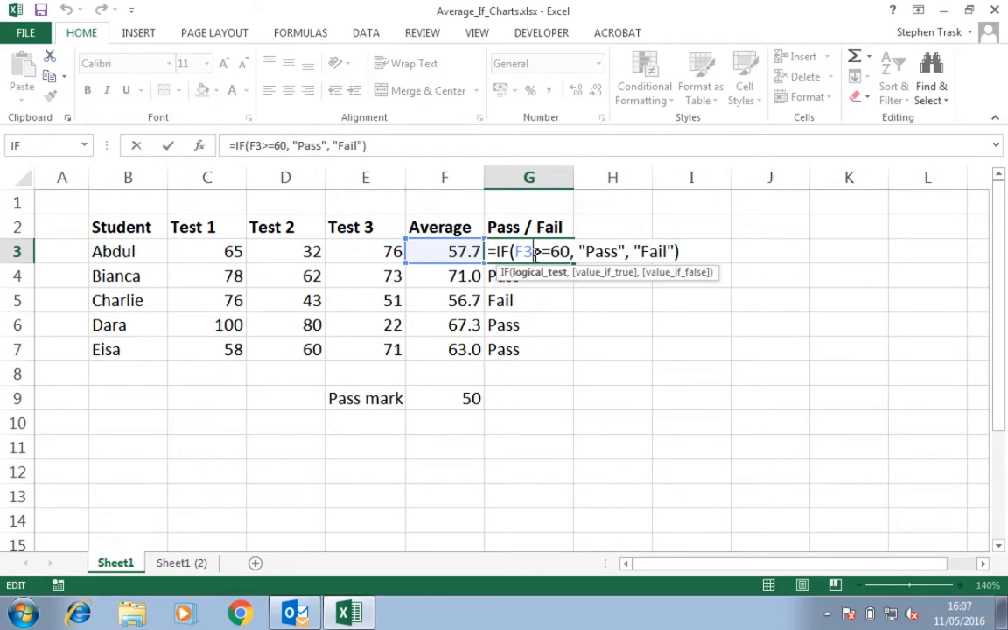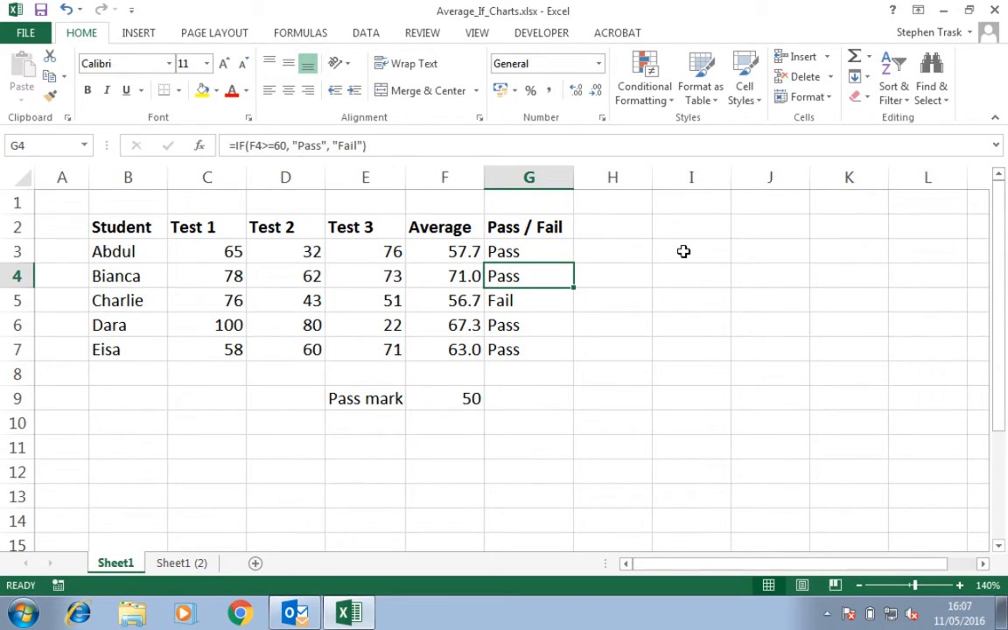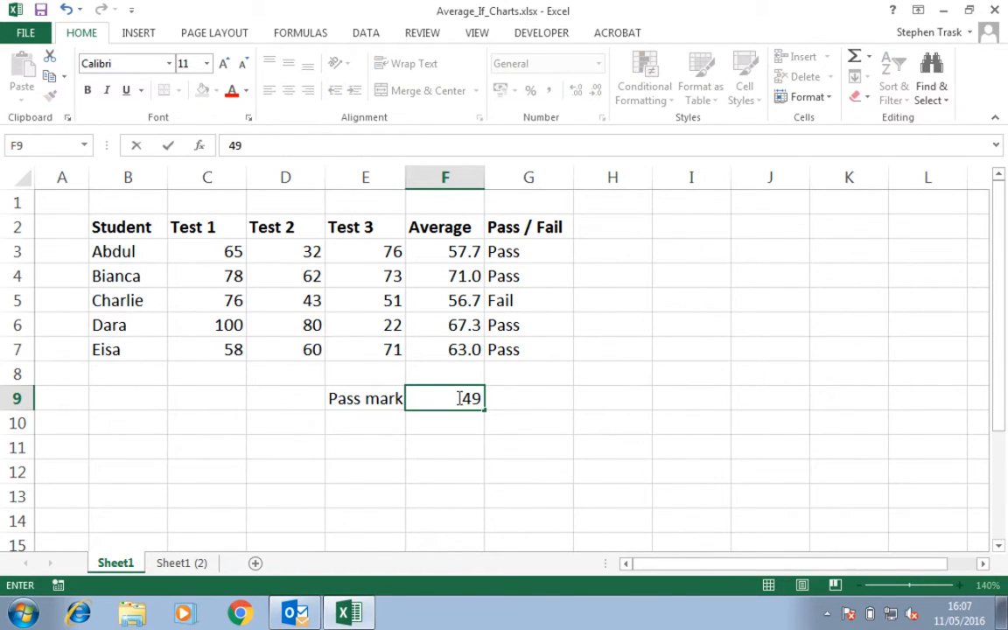It's not a huge amount of difference from the previous one. We still refer to the cell F3 in this case, so if F3 is greater than or equal to, but this time we say this cell here. So here, if F3 is bigger than or equal to F9, then pass or fail. And in this case, because the pass mark is 50, and this mark is higher than this mark, it will pass. If the pass mark was suddenly arbitrarily 49,